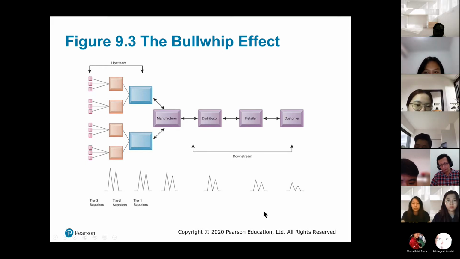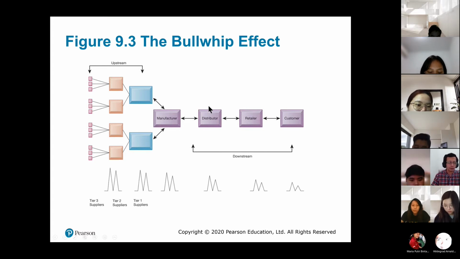There are spikes here. When you go to the retailer, you will see some other customers also have increased their purchasing, so there will be another spike. The retailer will go to the distributor. Say, for example, they usually sell 100 instant noodles per week. Now they have 400 sales of instant noodles per week. So they will ask the distributor, not 400, but just in case, 800. So there is another spike.